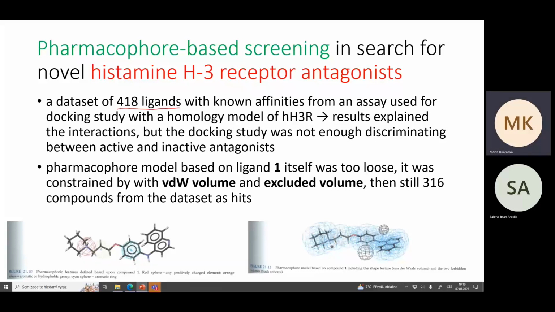Based on the knowledge of 418 ligands with known affinities,